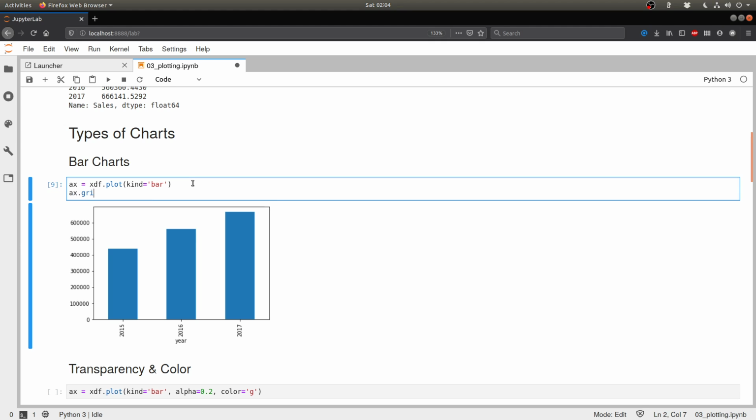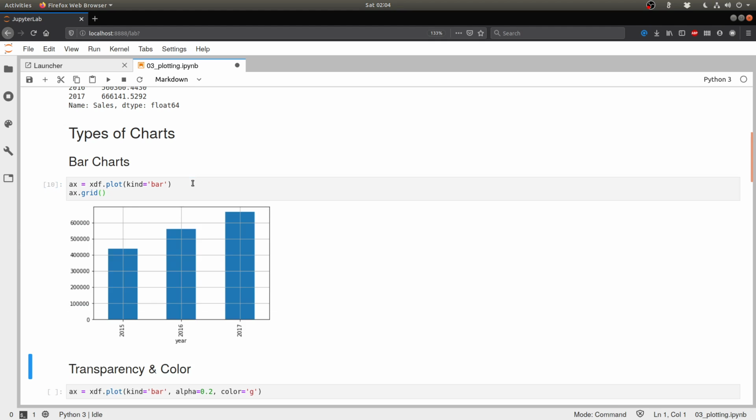So I can do something like this, and that gives me a grid. Now I have the vertical and horizontal lines, and I can say that this one is higher than 600,000. Of course, it may be obvious in this case what the values are, but when the charts grow bigger and the x and y axes grow in scale, it doesn't become very obvious, and therefore it might be useful to introduce a grid.